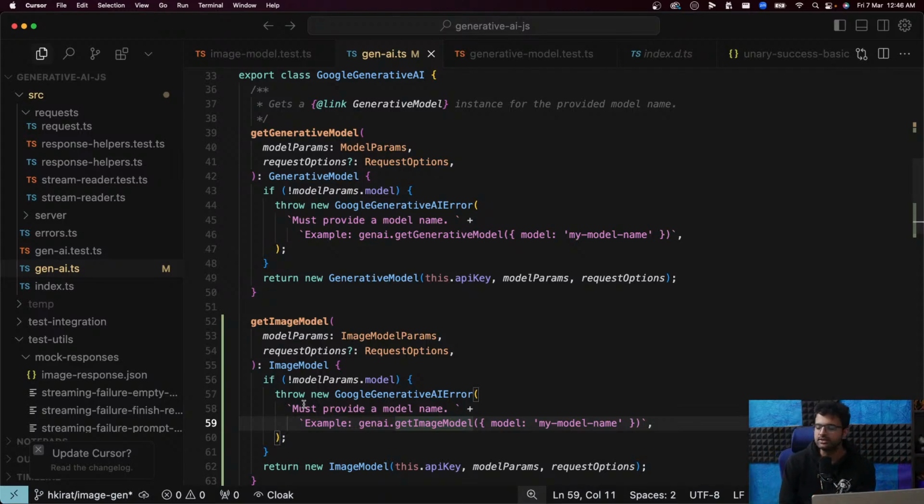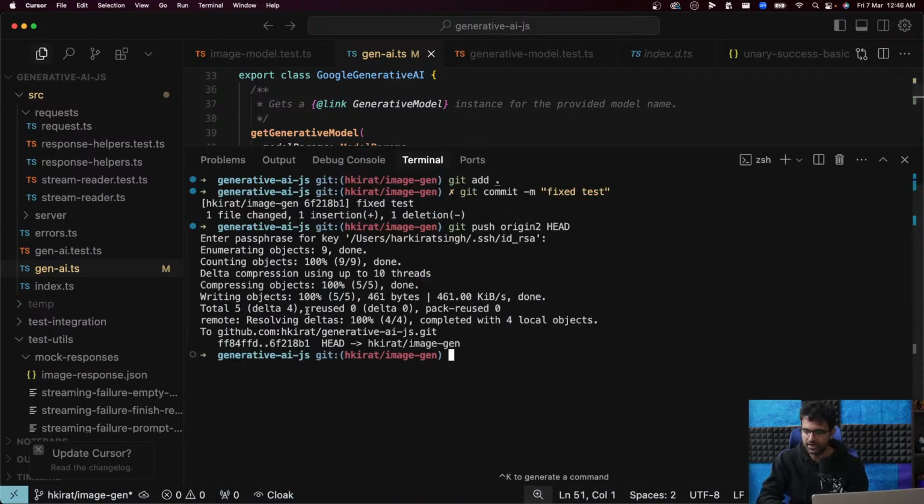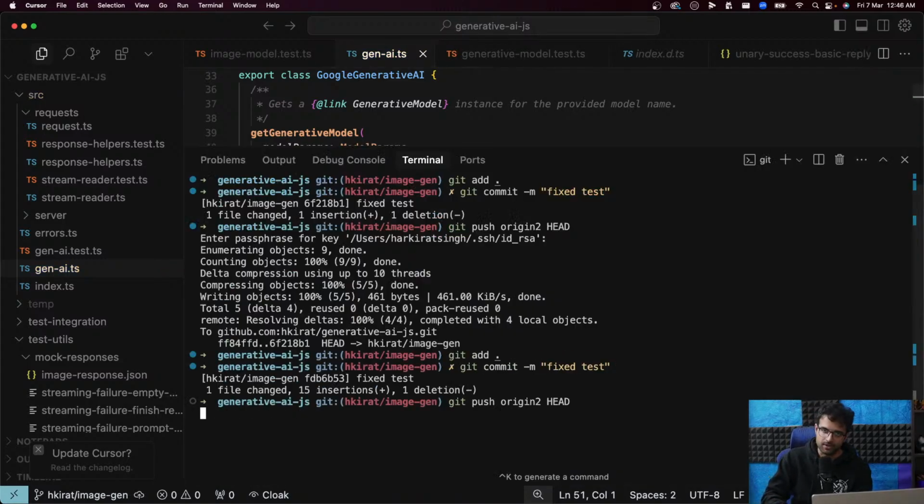This is one of the things I was saying initially. There's a high probability we have to change a bunch of files, nothing too much. We've written the code. The thing that will change is what file that code exists in, based on what the maintainers deem fit. Because the Python SDK has a singular interface, and we are now introducing two different interfaces, like GenAI.get generative model and GenAI.get image model. So we don't know if the maintainers would like that. That's a question for them whenever we talk to them.